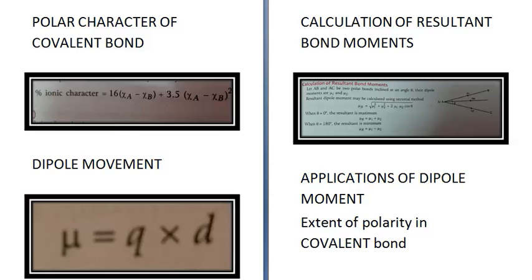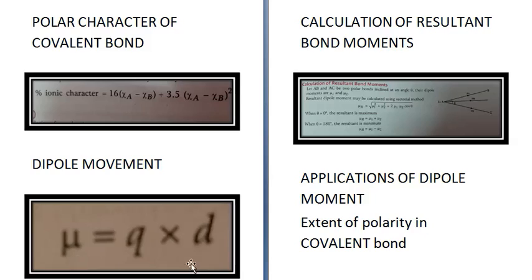Next we come to dipole moment. Dipole moment is given by the symbol mu. The magnitude of polarity of a molecule is expressed quantitatively by its dipole moment, which is equal to the amount of charge